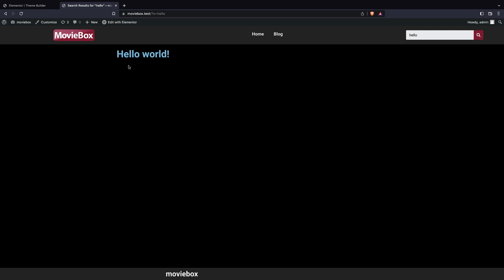Either you create two separate templates, one for your search result and one for your movies, and the search results should be able to handle both of the post types, both movies and blog posts, correctly and in a reasonable manner. But there's another way, where you have a layout, a template for your movies that can also handle blog posts. So for example, you cannot use movie poster because blog posts do not have a poster. So you have to use a featured image, which is common in both of them. In this tutorial, we are just going to create two separate layouts, one for the movie archive and one simply for the search. So let's start with the